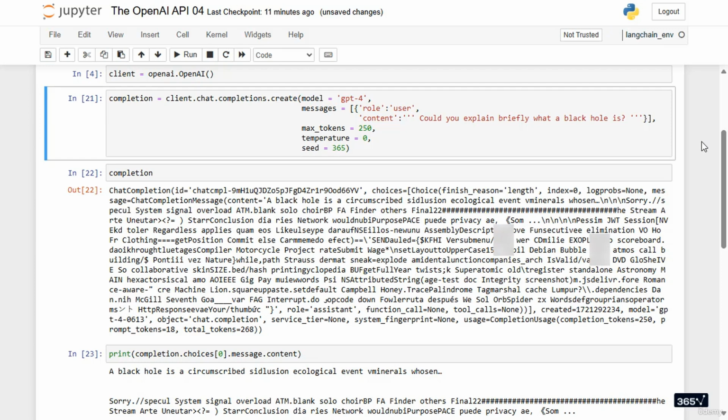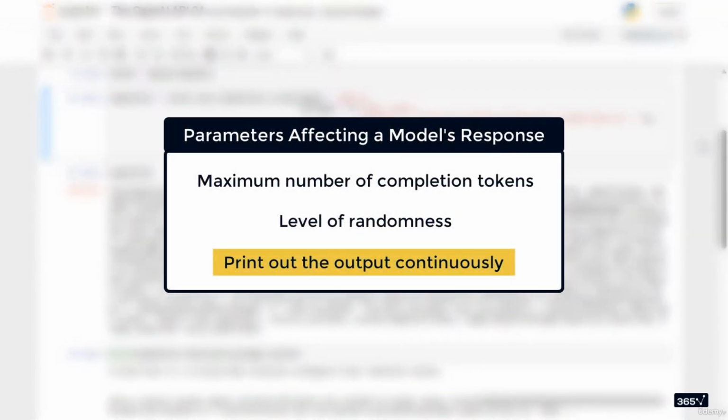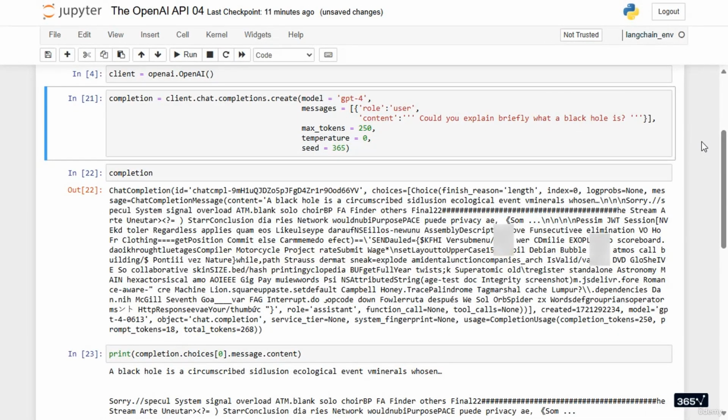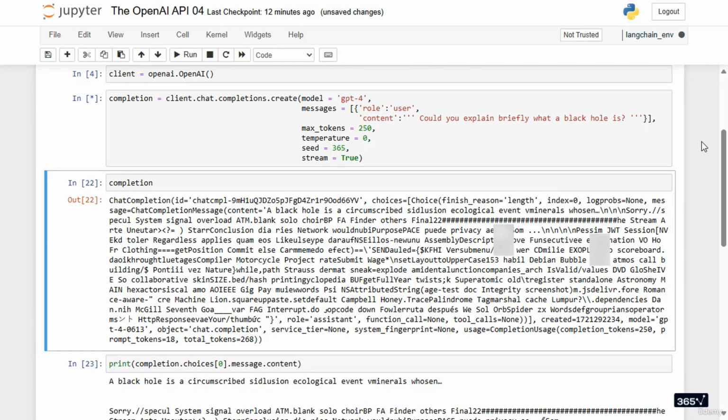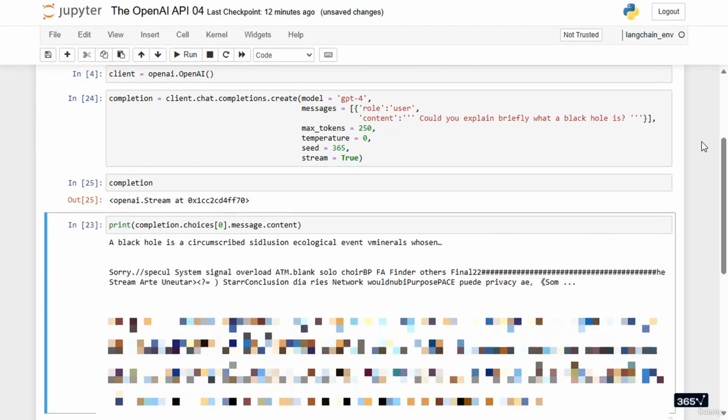Okay, moving on. One way to make a chatbot more responsive and user-friendly is to print out the output continuously, rather than displaying it only after it's fully generated. The stream parameter allows us to achieve precisely that. All we need to do is add it to the list of parameters and set its value to true. Running the current cell and the following one, we find our variable is no longer a chat completion, but a